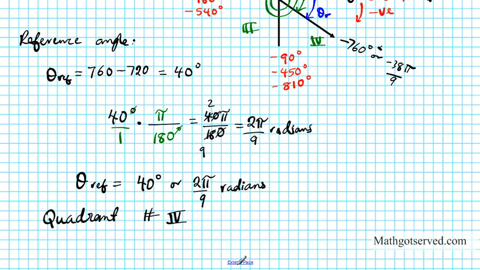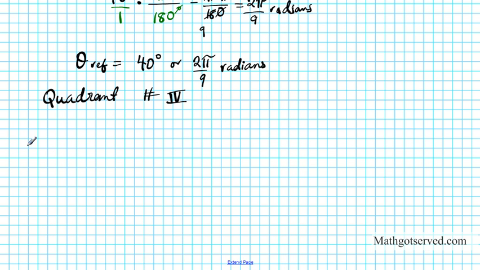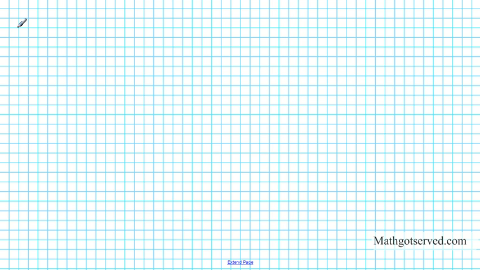All right, let's go ahead and take a look at one last problem. Question number 3. Question 3, we have 7 pi over 3 radians. All right, so 7 pi over 3 radians. Let me write this again so that it doesn't look confusing. 7 pi over 3. All right, so for this one, what we're going to do is convert it into degree measure. Okay, so in degrees,